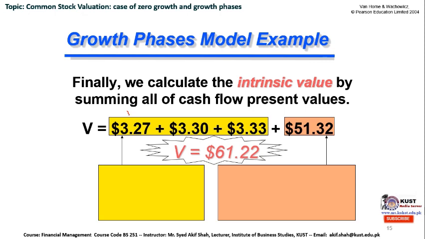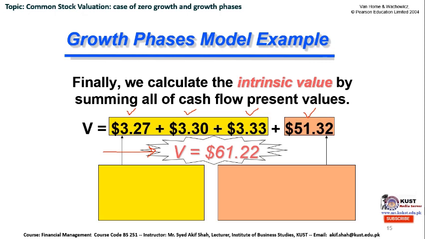We have discounted D1 to 3.27, D2 to 3.30, D3 to 3.33, and finally the value at time 3, which was $78, is discounted back towards time 0, and its value is 51. By summing all of the present values, we got the conclusive intrinsic value for this common stock under two different phases, which is